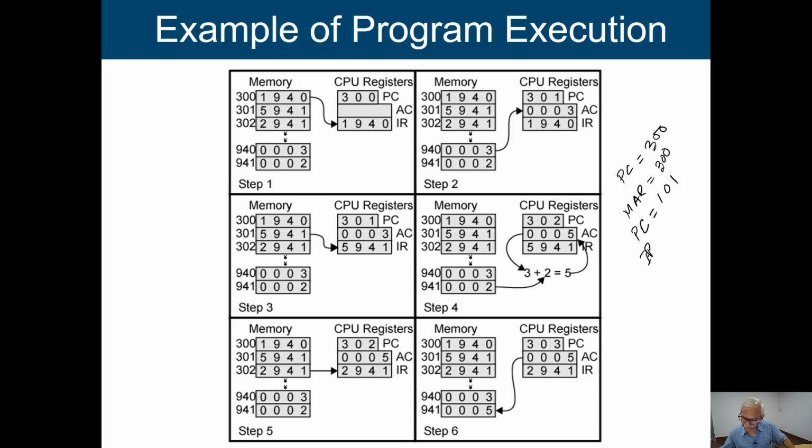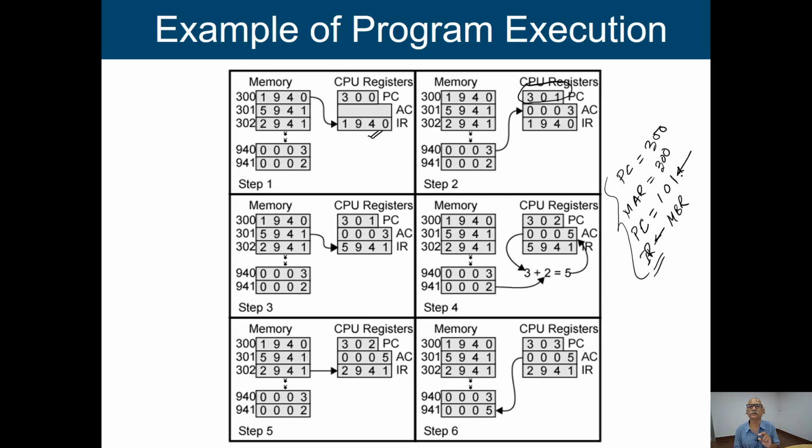Then the instruction register will get the MBR contents. After reading, it will come to the MBR. So 1940 is coming into this particular IR register. When we place the information in the IR register, this is the end of my fetch cycle. When we finish the fetch cycle, you see that the value of the program counter becomes 301, because here we are adding 1 to the value of the program counter.